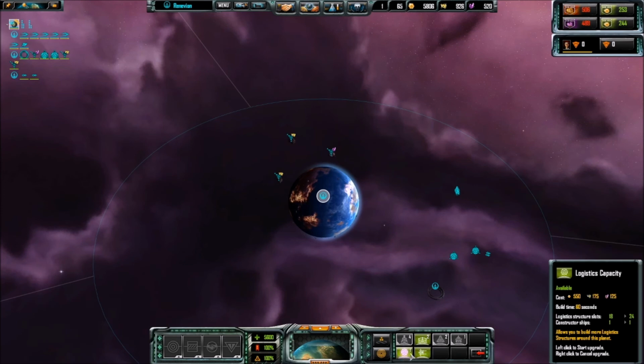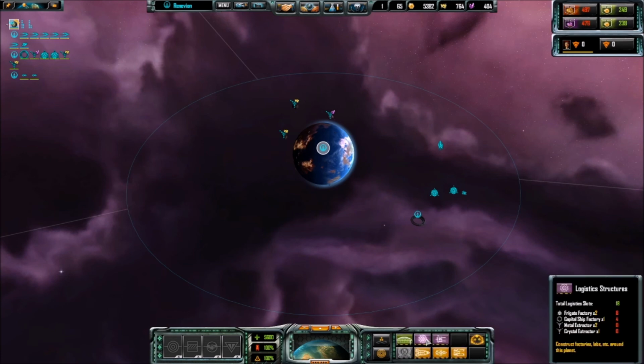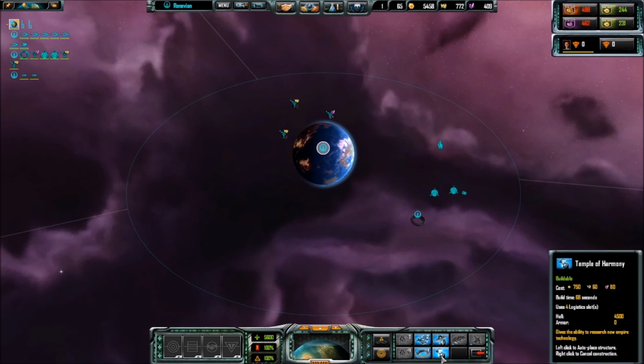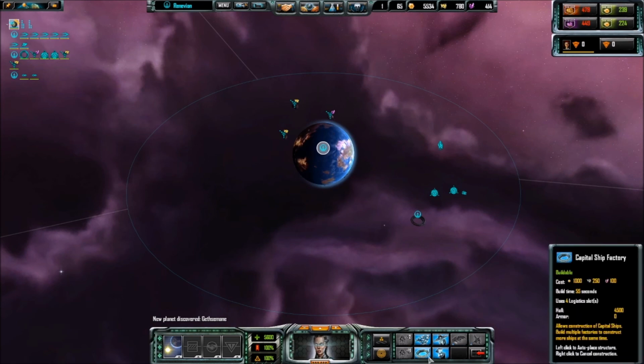Now, logistics capacity is things like civilian research centers and... Oops, I didn't mean to do that. Oh, well, I did it. So, civilian research centers, logistic structures. All of this stuff in here. Frigate factories, the capital ship factories, different... for this faction, they're temples. Different temples that do different things. Those need the